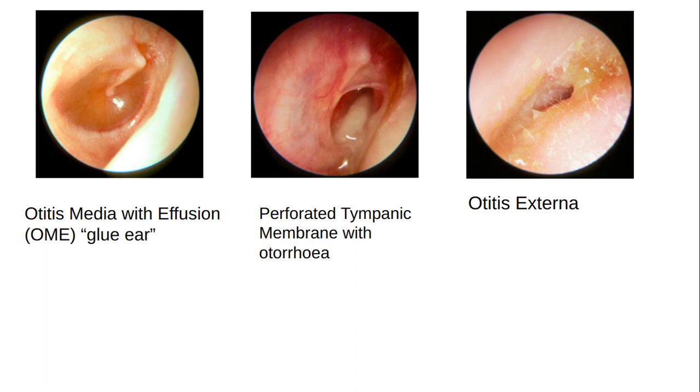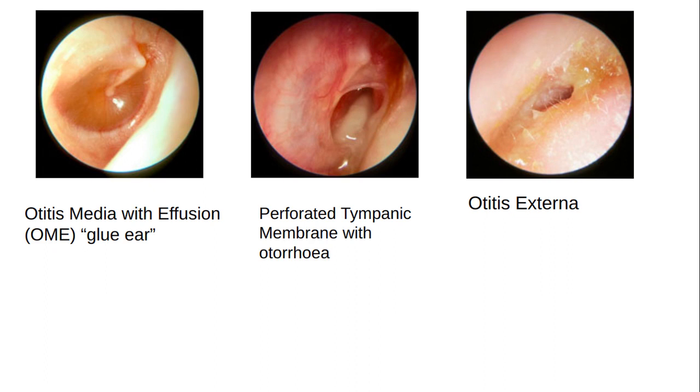The membrane is retracted with prominence of the handle of the malleus, which is also drawn in or more horizontally. It may be bulging or have an air fluid level behind it. Yellow or amber appearance is consistent with fluid. Light reflex on otoscopic examination.